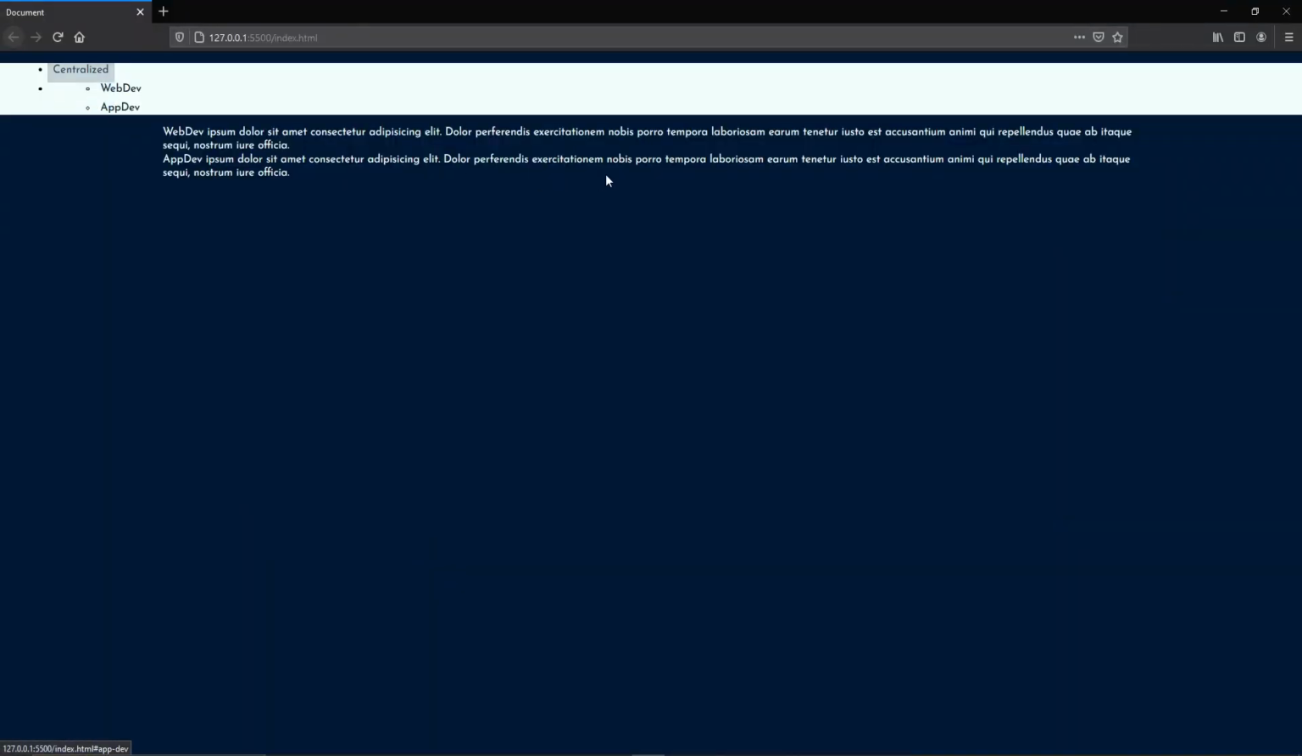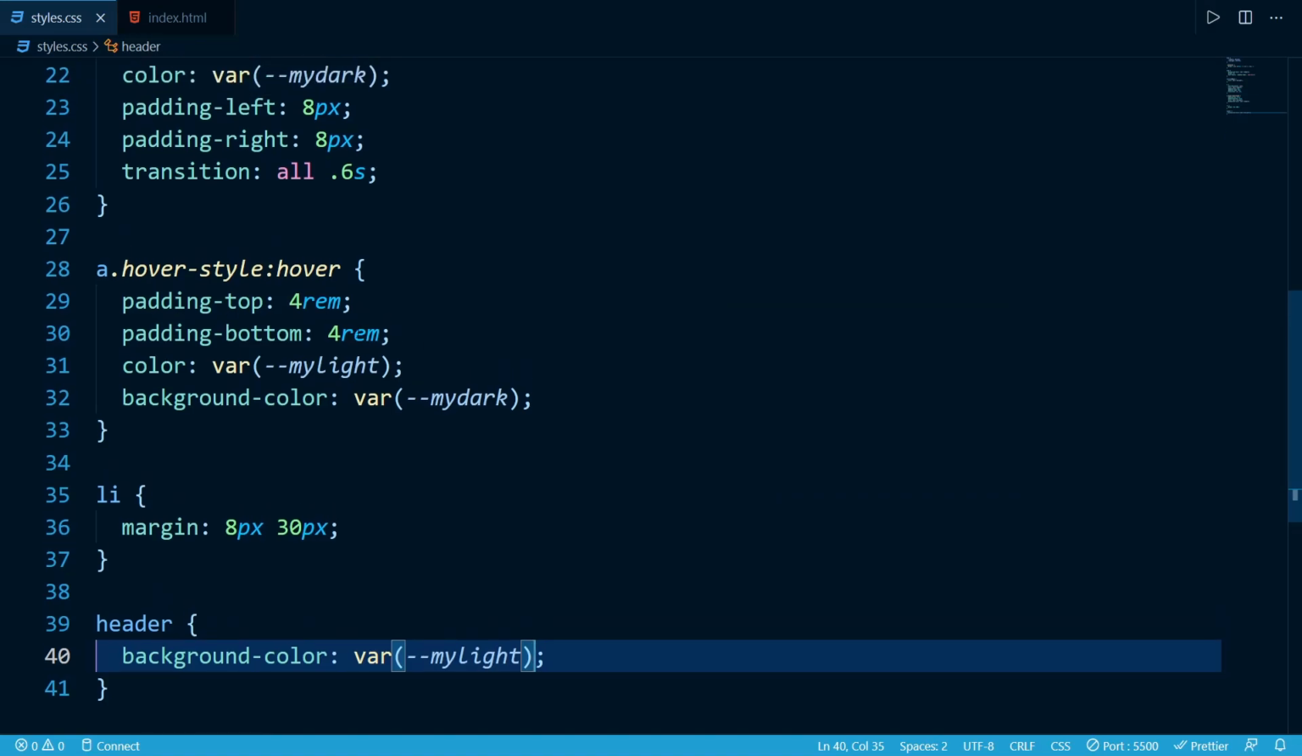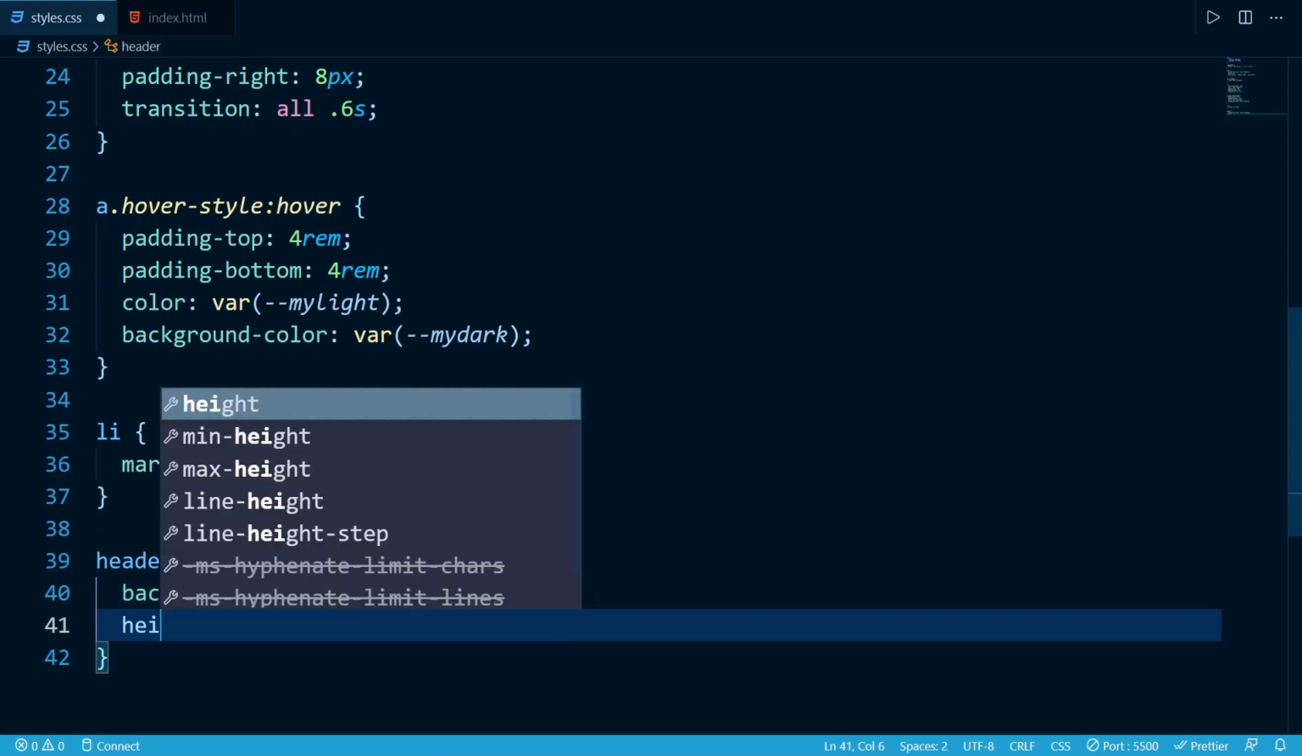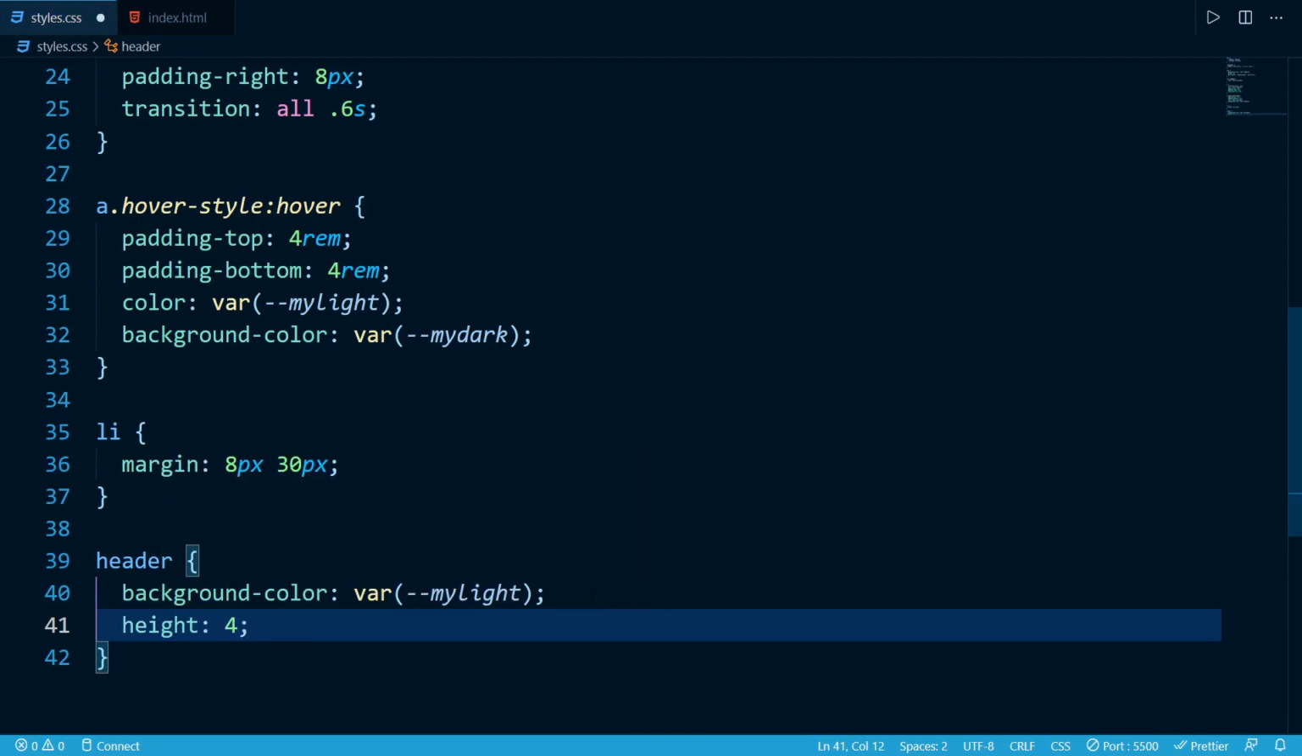So now as you can see, we clearly have some contrast here, and when we hover over our elements, it changes. We are changing padding, we are changing the color, and we are also changing the background color, so that they are both contrasting. Remember, whenever we have a background color as my dark, that is a dark color, we change our font color, that is only color, to light color, and vice versa, so that our text is readable. And now let's change its height to 4 rem,